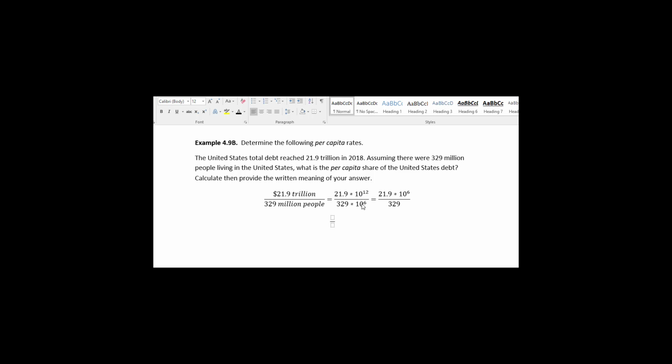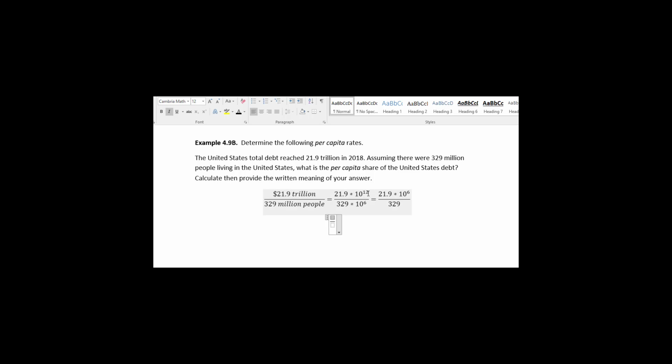Now, if you remember from high school, these exponents, basically this means you have 12 zeros, and this means you have 6 zeros. So you can cancel, because each zero is multiplied by 10, so you're really canceling tens. So you really wind up with this, which we'll get in a minute. But just to explain how I got from here to here a little better,